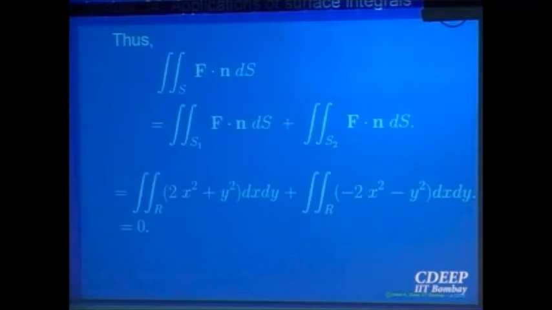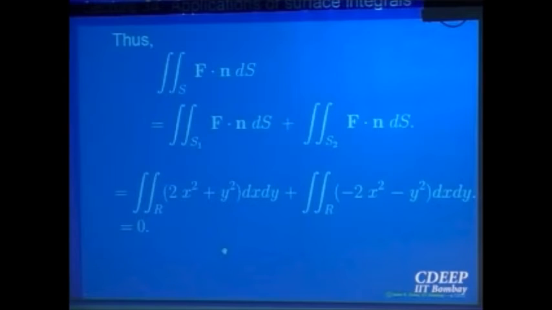Computing the upper one, computing the lower one, and adding the two: the integral of f dot n dS1 plus the integral over S2, and adding the two, okay? This is writing the sphere as a union of two surfaces, one upper part, one lower part, both explicitly representable. Let us use the implicit form and try to compute whether we get the same answer or not.